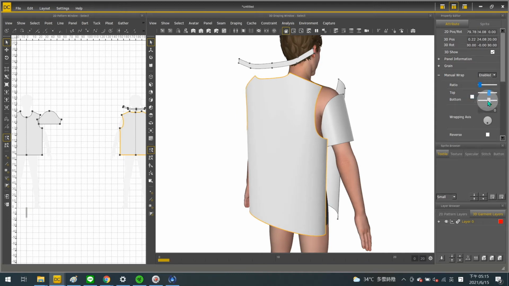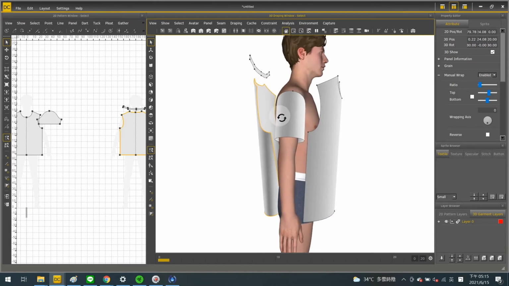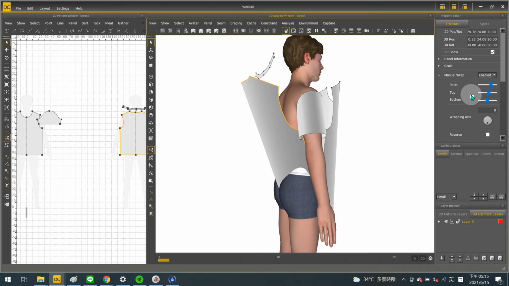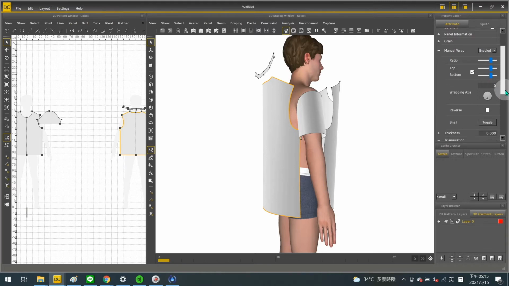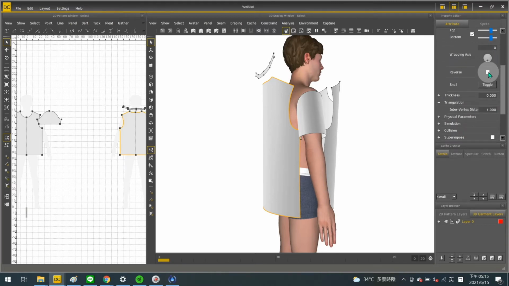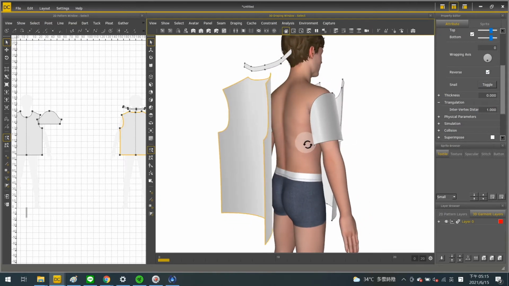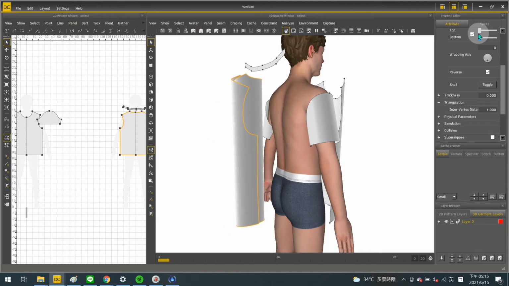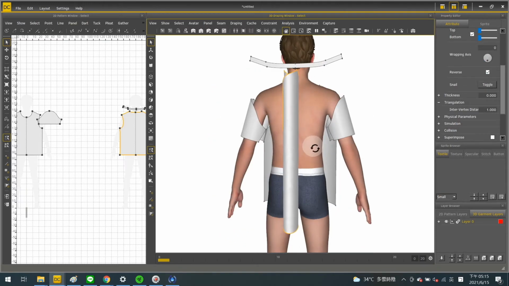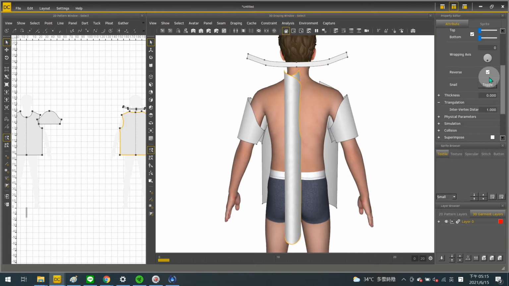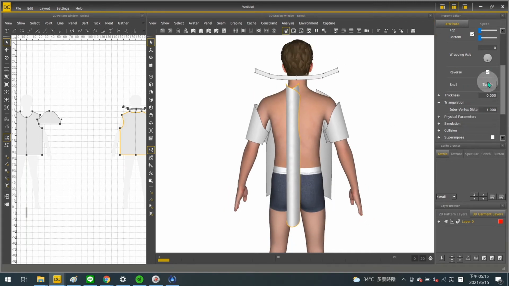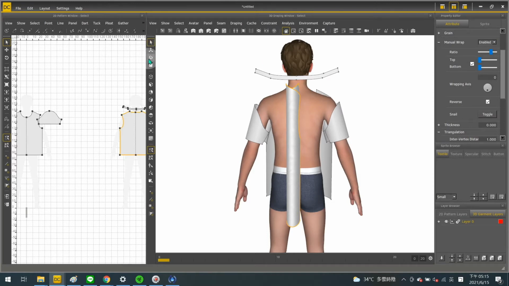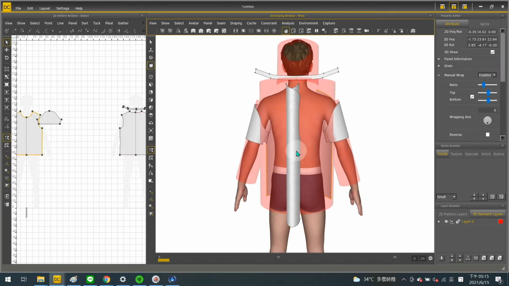And uncheck this checkbox. Top and bottom can be wrapped in different proportions. This is made for some patterns where the top and the bottom are in different scale, for example, a shirt sleeve. And reverse is wrapped to another side. And snail is used when the wrapped panel needs to be overlaid on itself, like the curve of a sleeve. You can change the direction of how it is wrapped by snail. This style is rather simple, so let's finish the rest of the arrangement by cylinder first.